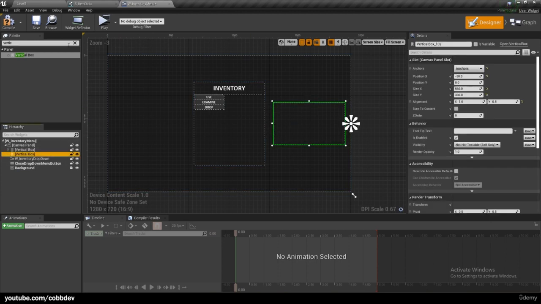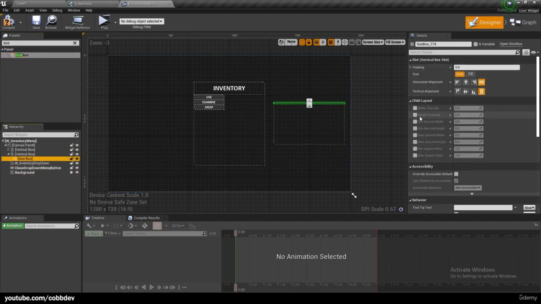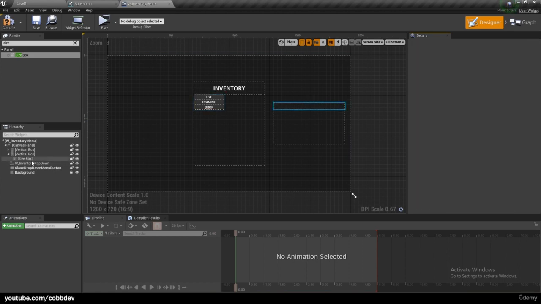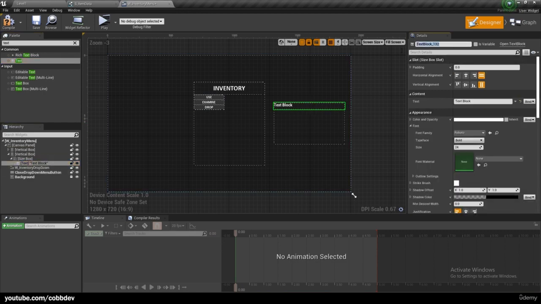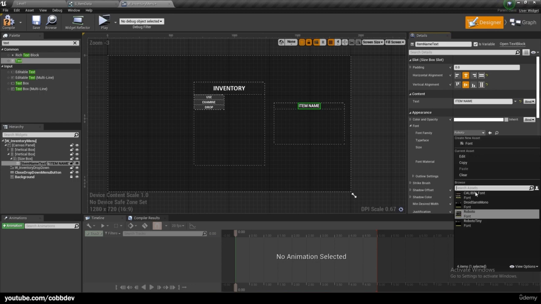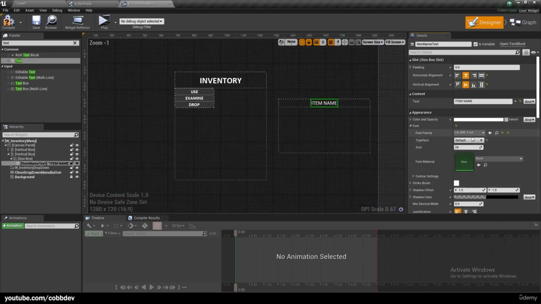There we go. So let's add a size box for our name, and we can check the height override and give it something like 50. This is where our name will go. And we can add text to that size box, and we can call the text item name text and set it as a variable. And here, as default, we can just say item name, and we can center it on both. Make it our font, and we'll make this, let's see,